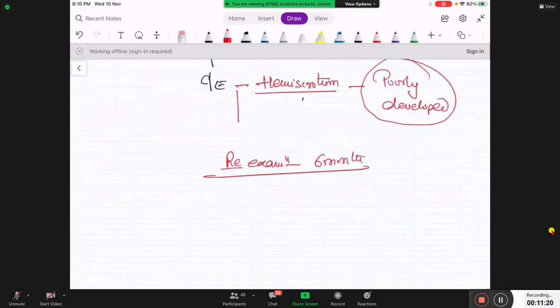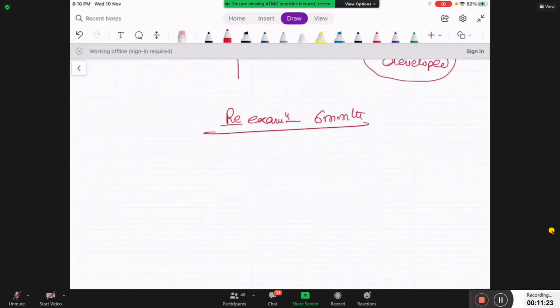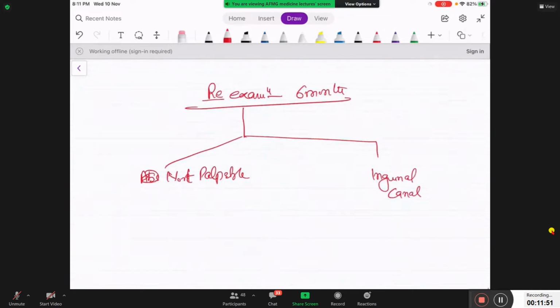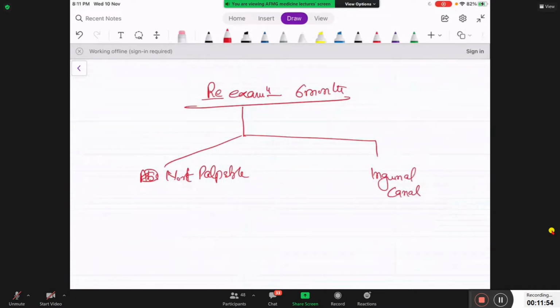Now, on re-examination, a very important discussion. On re-examination, this time, again, the testis is not palpable. Testis not palpable means not palpable at all, neither in the inguinal canal nor anywhere else. It is also possible that the testis is felt in the inguinal canal. Right? So if you can feel the testis in the inguinal canal in a patient whom you examine at 6 months,